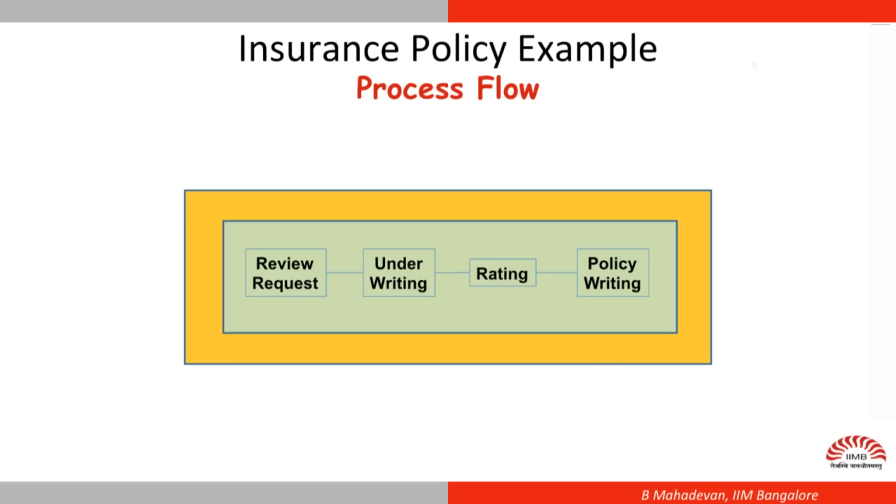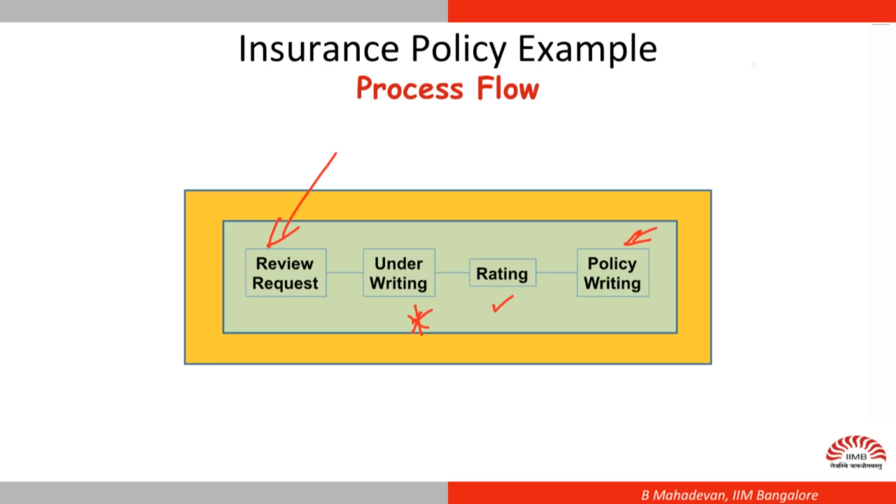In the case of an insurance policy, I have identified 4 activities here. The first activity is to review the request. When an insurance policy proposal comes, somebody has to review it. Then there is a process called underwriting, which is done in all insurance firms. Somebody has to rate this in terms of risk profile, and that decides what insurance premium we need to quote. And once all these are done, finally the policy is written, and if it is acceptable to the customer, the